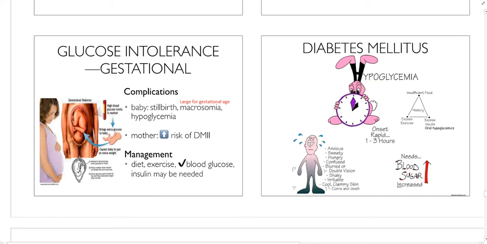Hypoglycemia is also an issue. This can be a medical emergency. People can go into a hypoglycemic coma. They can present with anxiety, sweatiness, hunger, confusion, being just completely disoriented, and it can come from several things such as insufficient food, excessive exercise, excessive insulin, or oral hypoglycemics, and can have